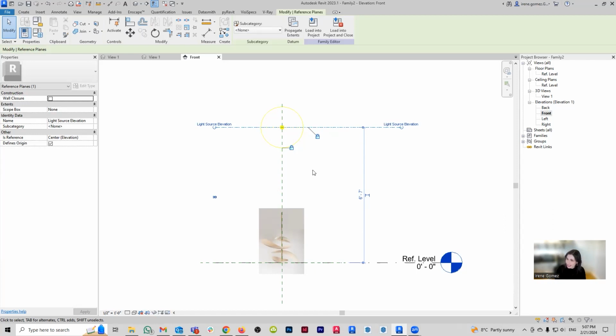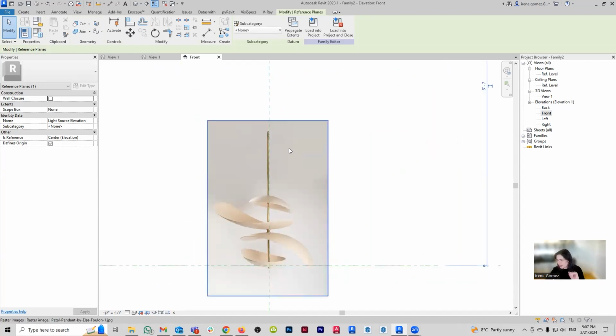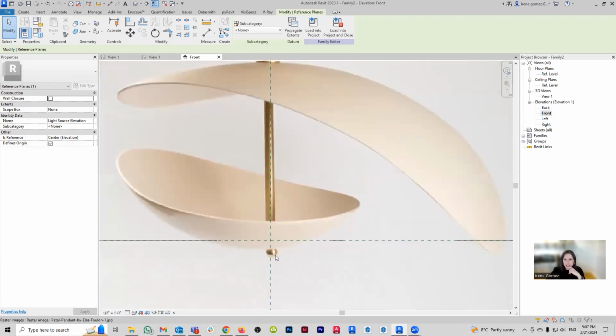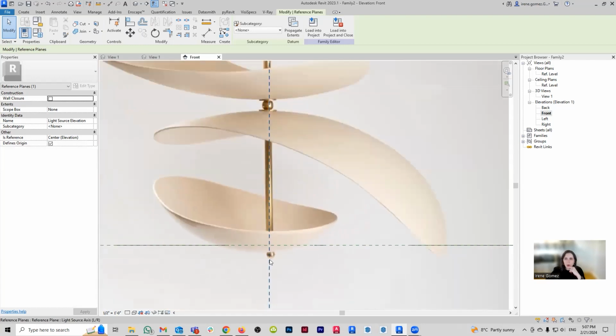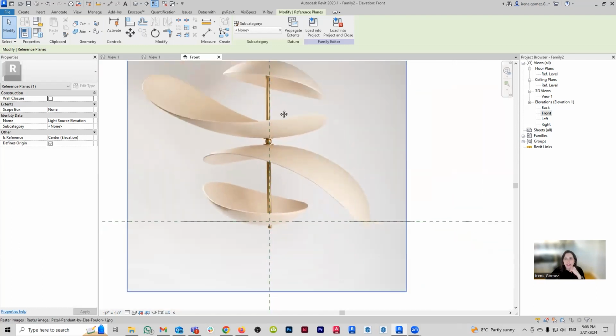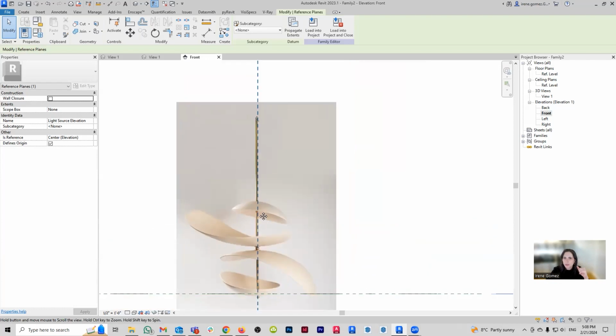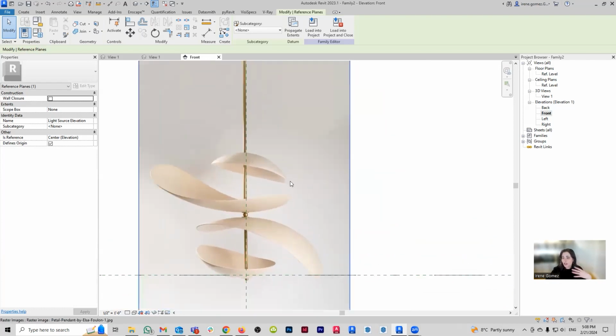So I'm going to start with the easy part of the geometry, which is this pipe element here, and then we will build the rest of the family based on whatever we're going to want to do. Now, it does look like the lighting fixture has these little balls here and then here. It also seems to have some plate elements here to fix the lighting fixture, the petals, in place. So there's a couple of options here for me to work with.